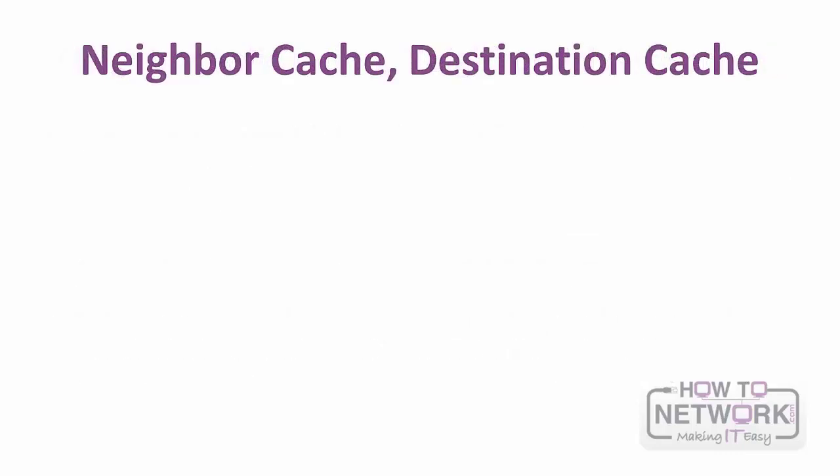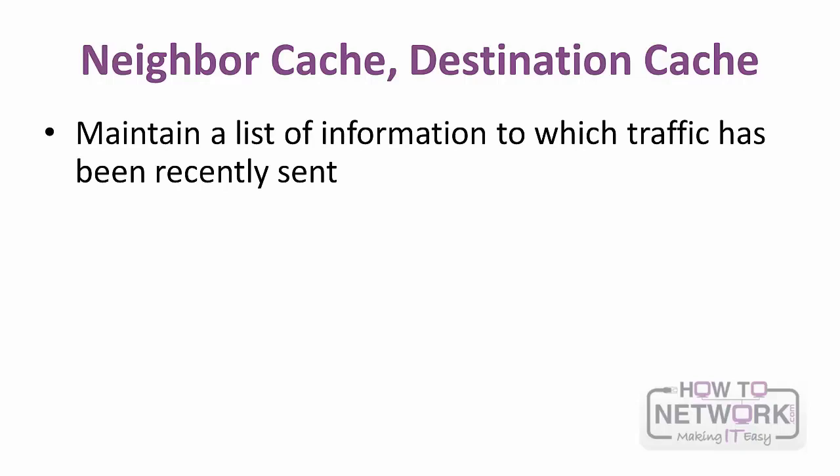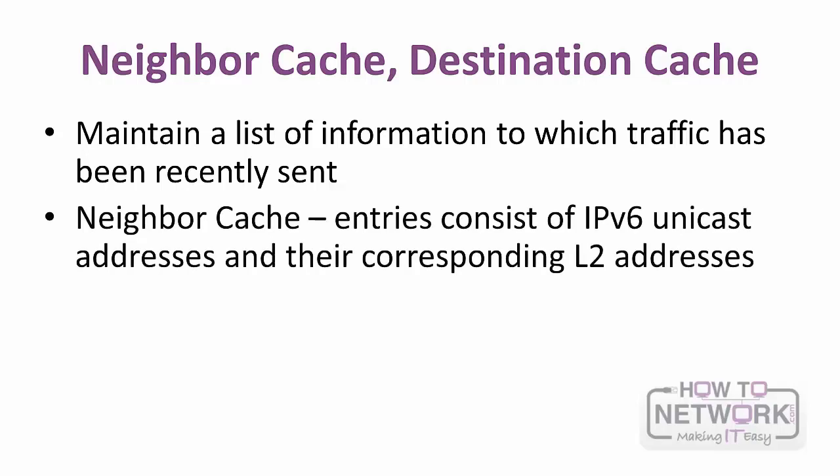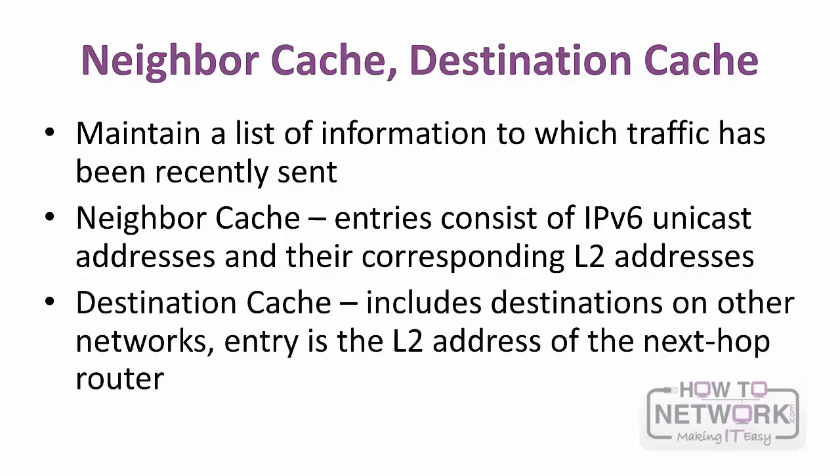The host will maintain 2 tables for each interface: neighbor cache and destination cache. They both maintain a list of information to which traffic has been recently sent. The neighbor cache is equivalent to an ARP table in IPv4. Entries consist of IPv6 unicast addresses and their corresponding Layer 2 addresses. Devices maintain this cache from the information received in neighbor advertisement messages. Destination cache includes destinations on other links or networks. In those cases, the entry will be the Layer 2 address of the next hop